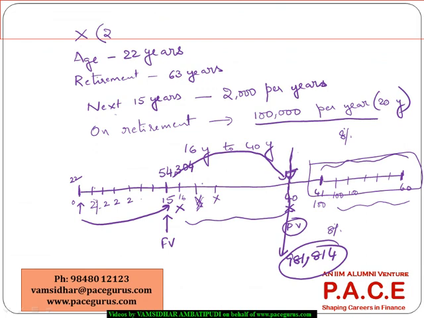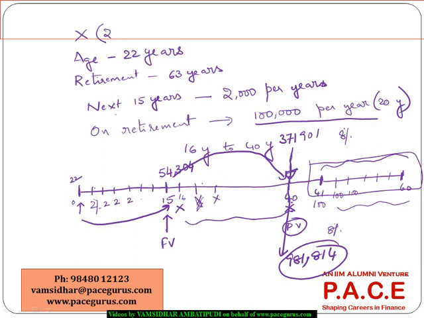So whatever the 2000s that are getting contributed, by the end of 40 years, their contribution has already mounted to 371,901,